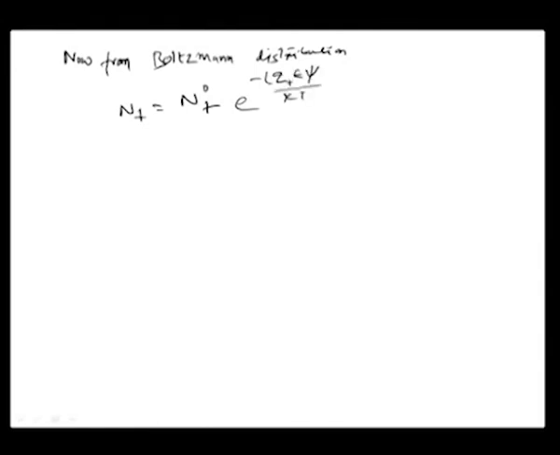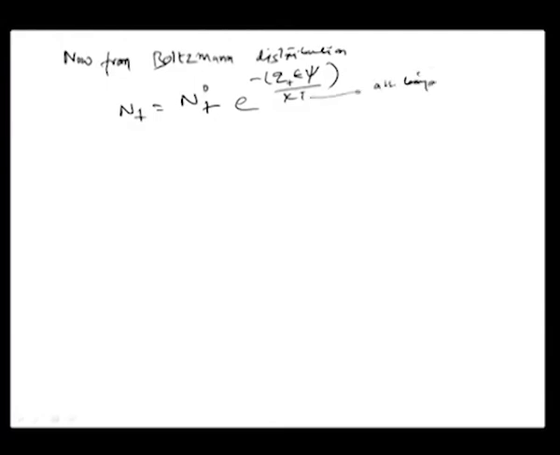So, from Boltzmann distribution, the number density n plus near the point A is equal to n plus 0 at infinity times exponential to the power of minus the total amount of work done, so Z plus epsilon xi by kT,